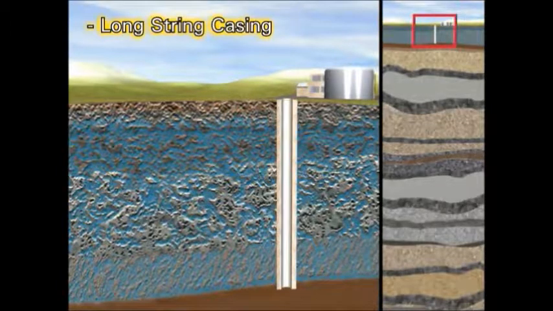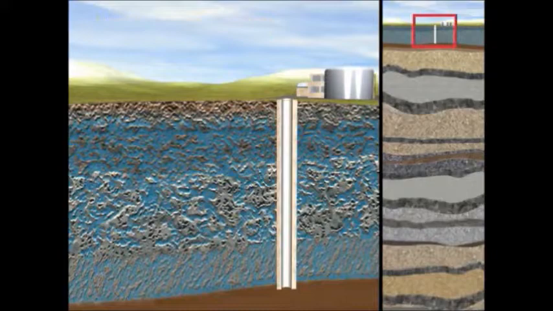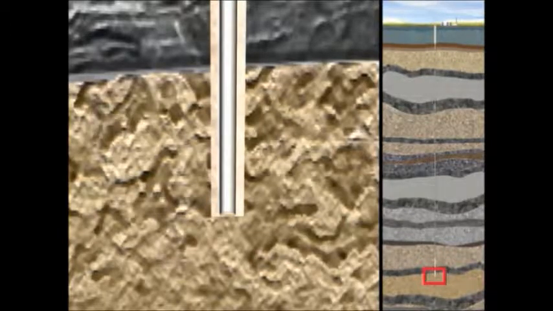A second layer of protection is provided by the long string casing and cement. A slightly smaller borehole is drilled from the bottom of the surface casing borehole to the injection zone. The long string casing is installed from the surface to the bottom of the borehole. Cement seals the space between the long string casing and the rock from the bottom of the well to the